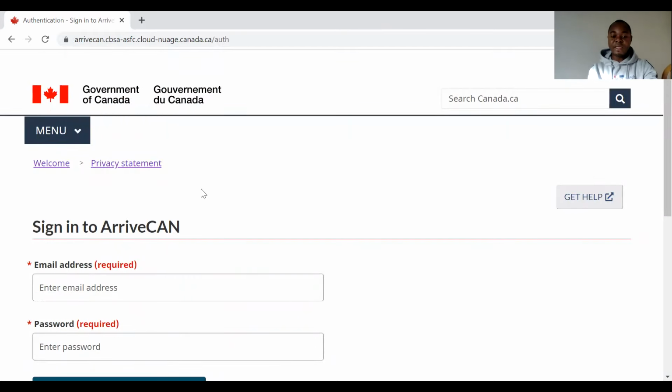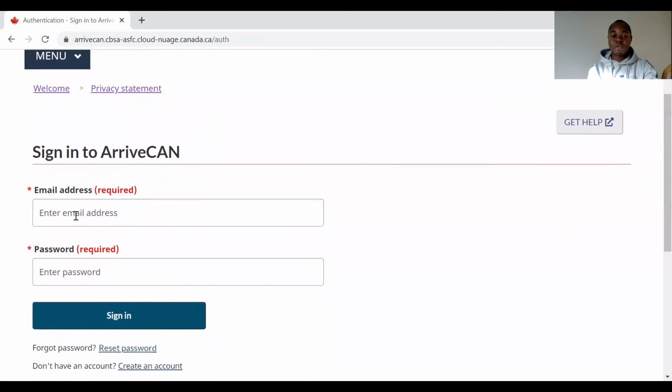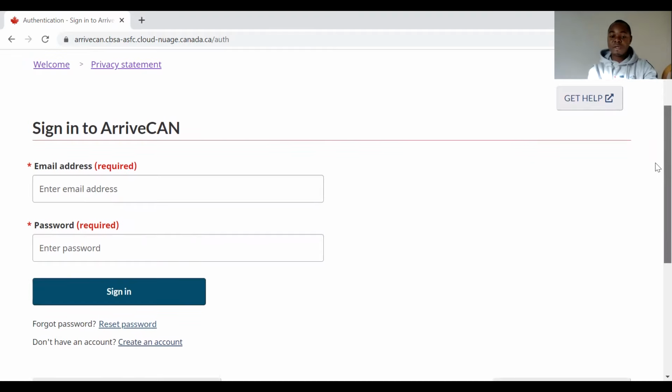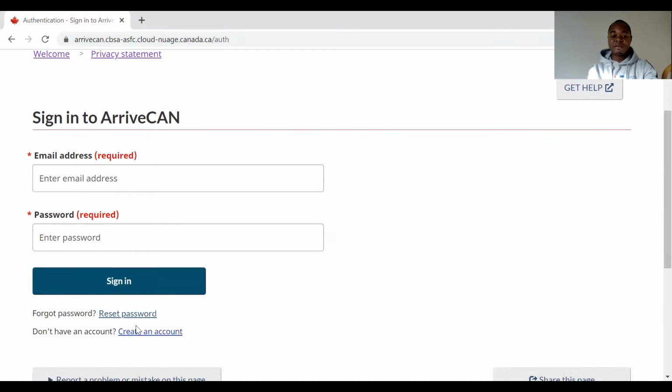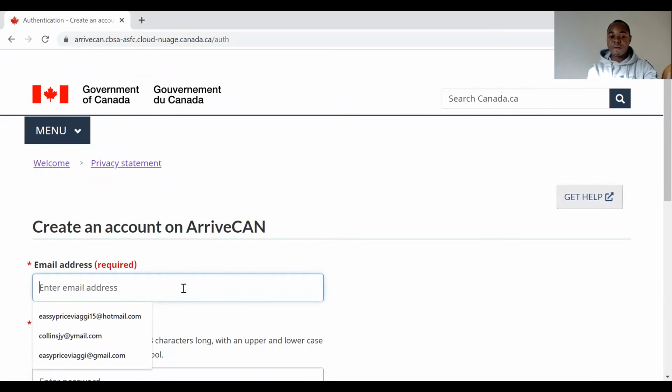Here, you need to sign in to the website. If you have already created an account, all you need to do is put in your email and your password. Now, supposing you've not created an account, it's your first time. In that case, you need to create an account below here. You click on create an account, and then you put in your email. Let's assume my email is